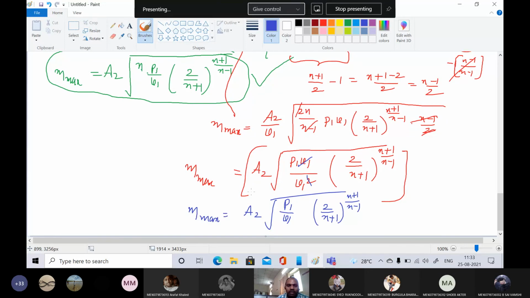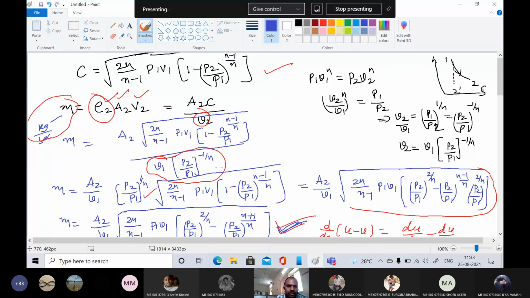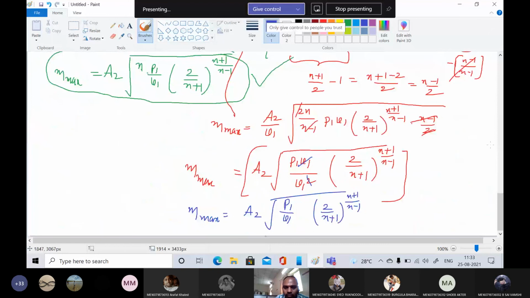Okay, and here you can see one more thing. Here you can calculate the maximum velocity also. We got the velocity as this much, right? So if you substitute the P2 by P1 condition for maximum discharge, you will get the maximum velocity also. We can do that one also. C max we can get. So C max is equal to